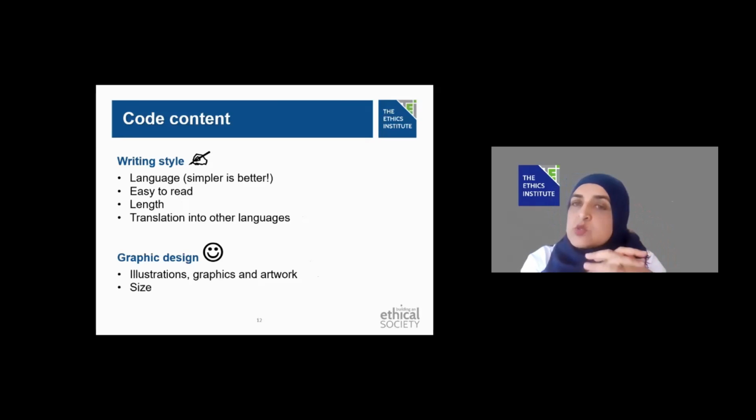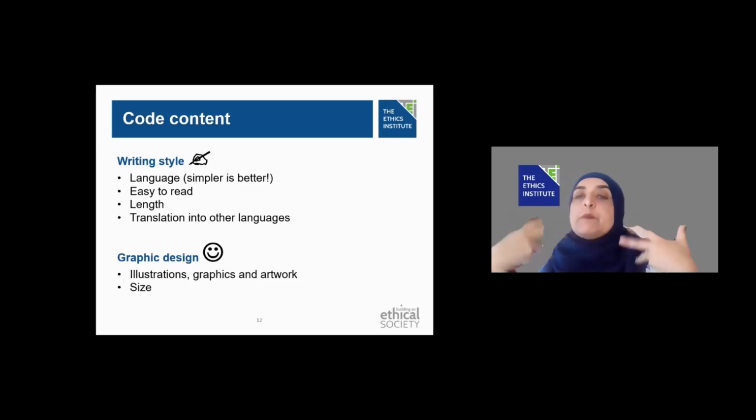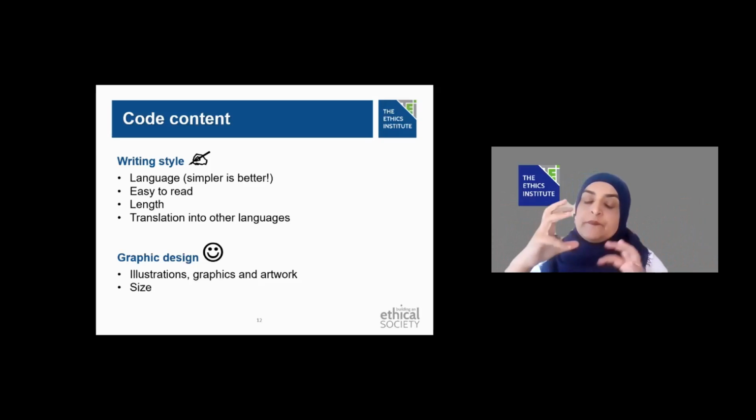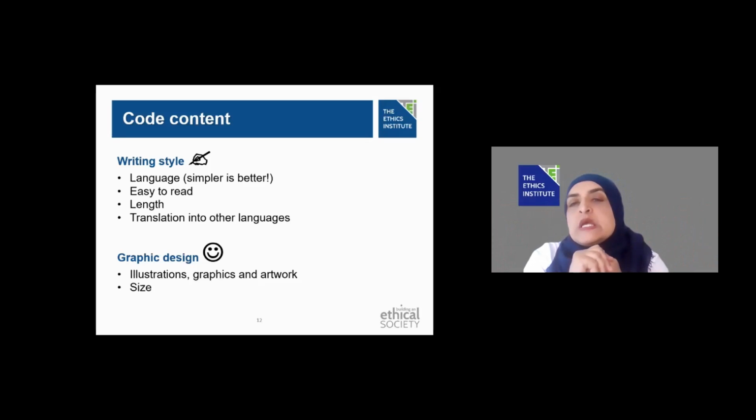And your writing style is also very important. So keep the language clear, keep the language simple. We say the simpler, the better. A code of ethics traditionally is short, it's sharp, it's easy to read. And if the context necessitates, translate into other languages so that it has wider applicability within your context. And also, for it to be palatable, think about how you package the document. So use graphic designs or artwork, so that when people see it, they also experience it in a positive way. So think about all of these elements for you as a drafter of the code of ethics.